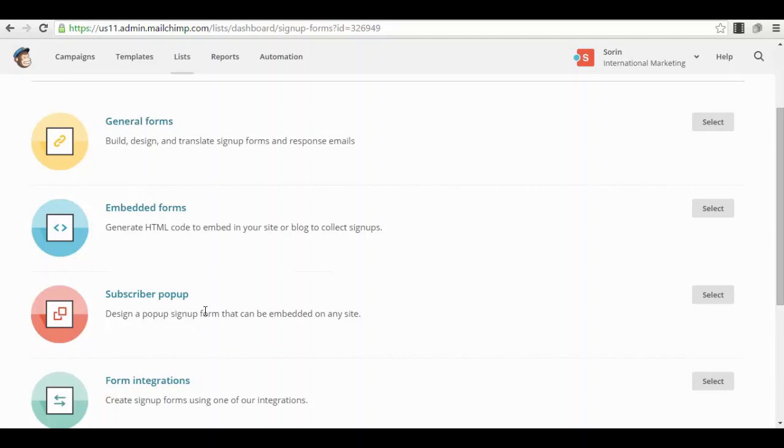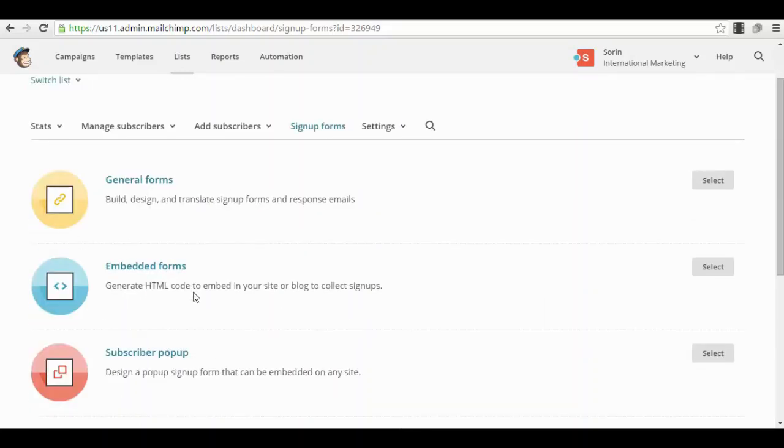You have pop-ups, for example, if you want to use a pop-up on a blog or somewhere, so people will register for the webinar. Different types of integrations, embedded form, obviously, if you want to integrate your opt-in form into a web page or website. Maybe you have a WordPress website and you want to integrate it in the sidebar, in a small part. You can use the embedded forms, or you can have a general form.